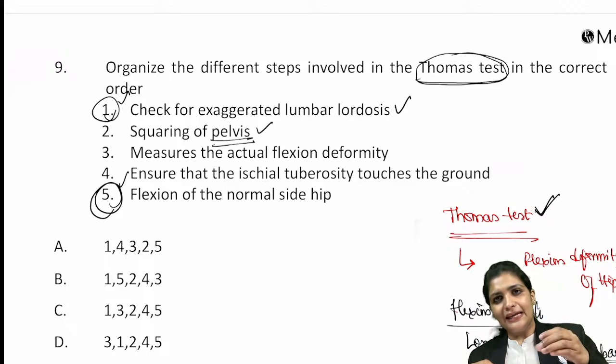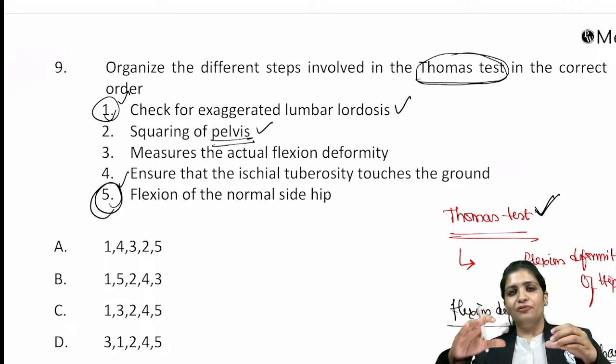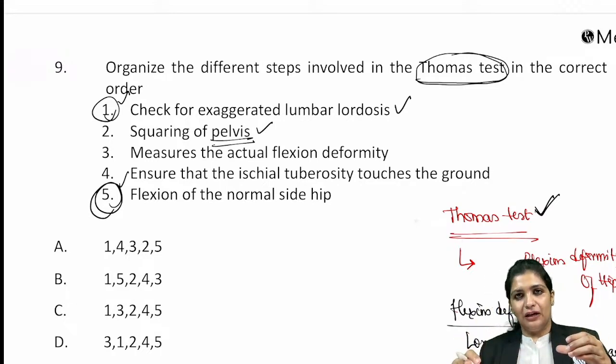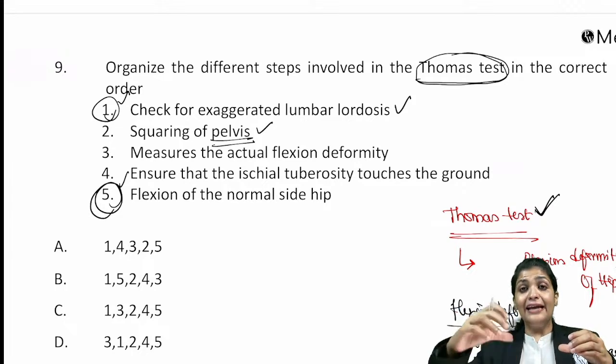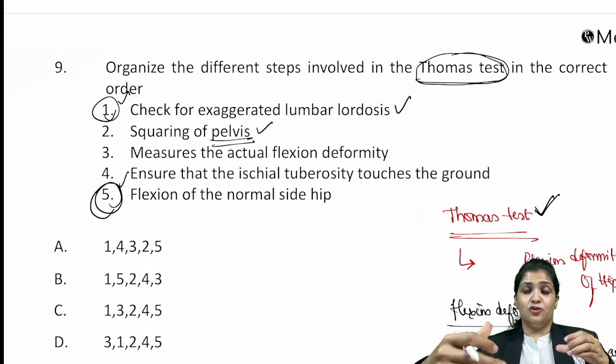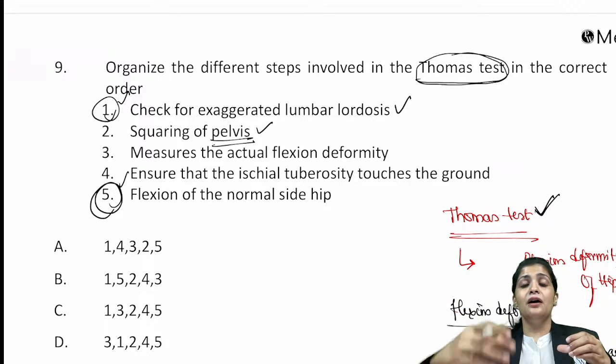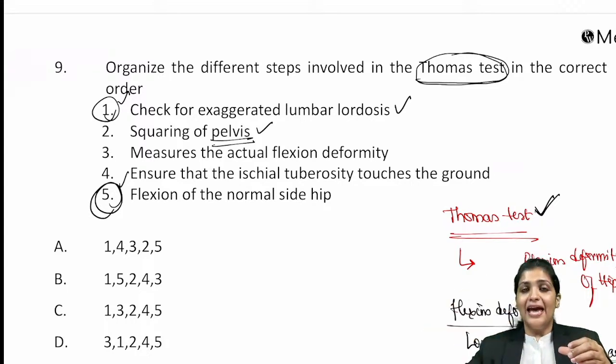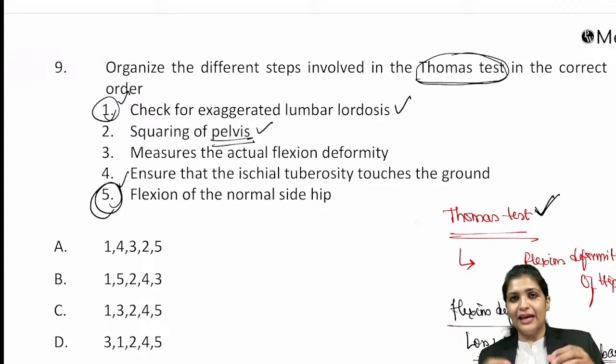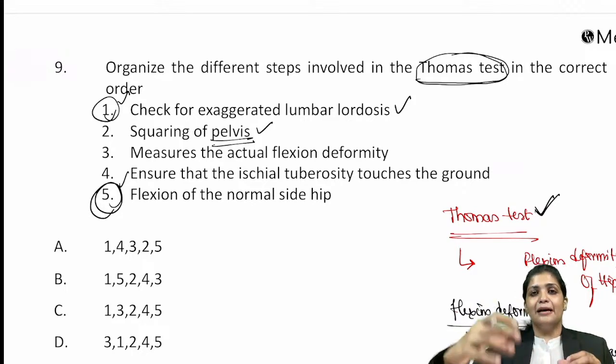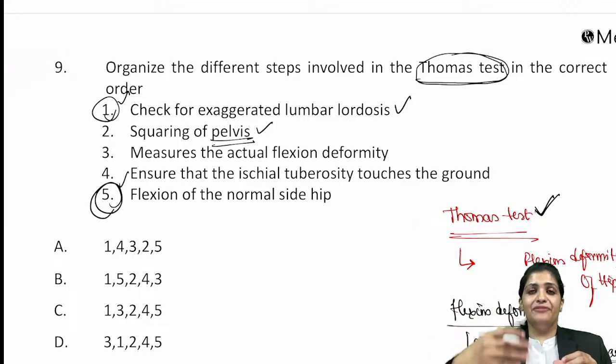So you will flex the limb, flex the normal hip, and you will feel for the loss of that lordosis, and then you will also check for the pelvis tilt. So for that, you put an eye on squaring of the pelvis. And now after your flexion and your squaring is done, sometimes this sound affected limb can go into more flexion